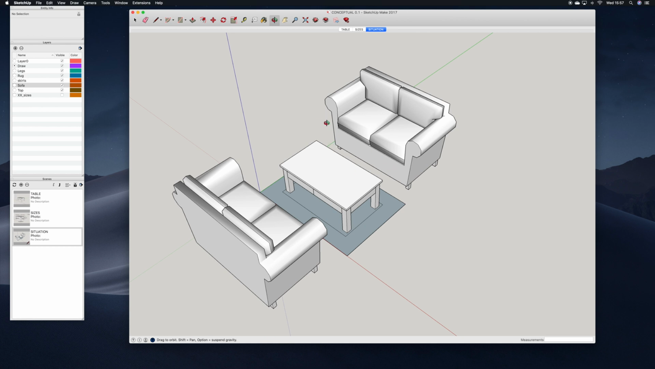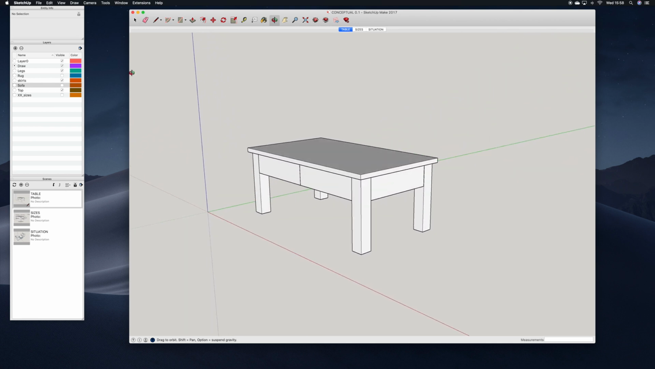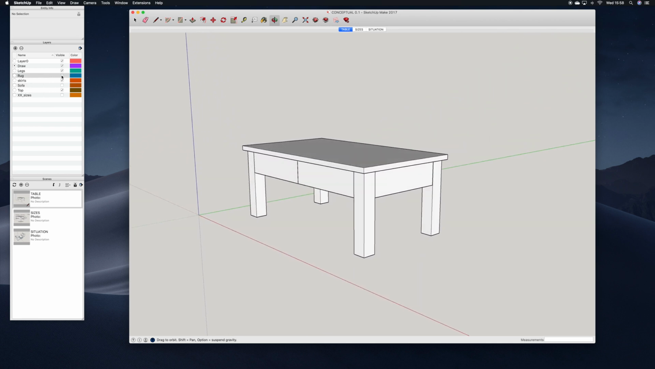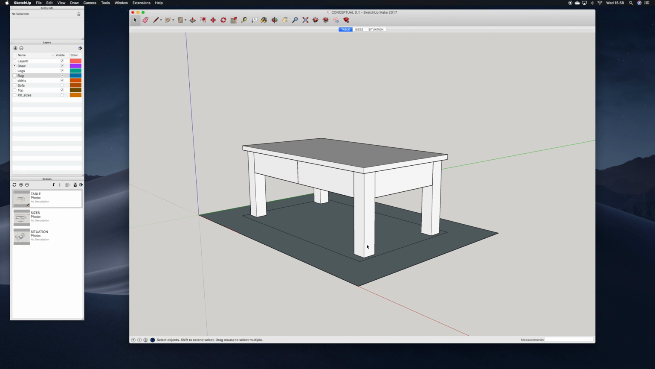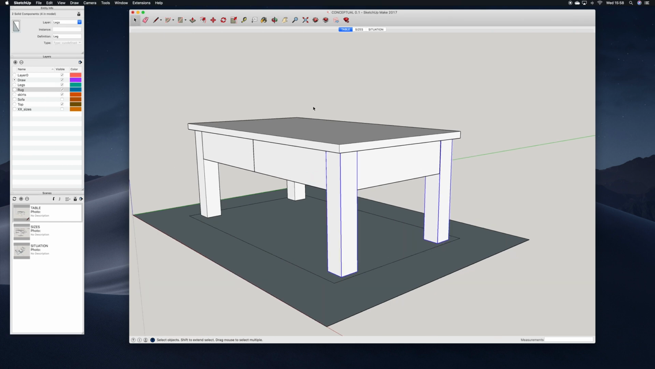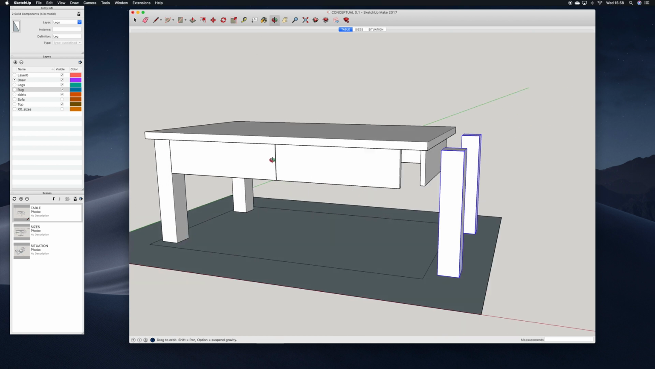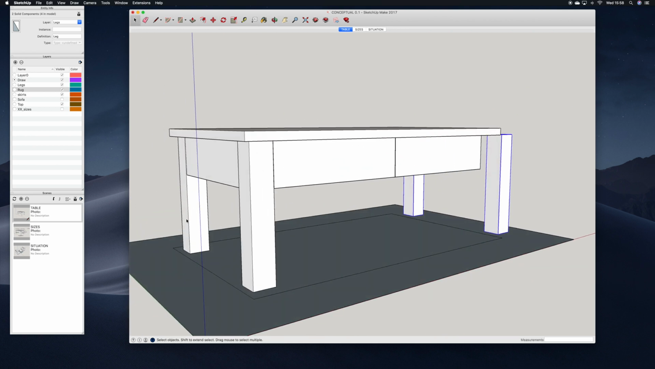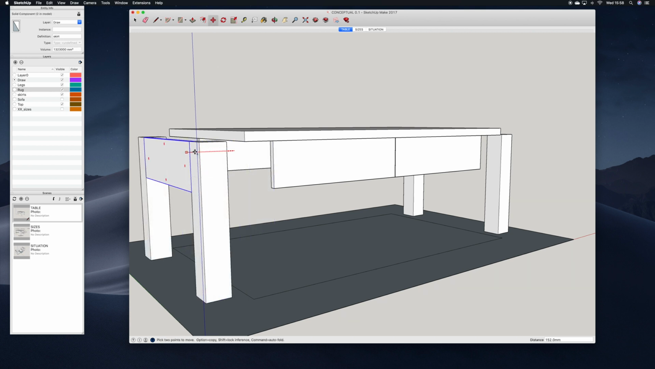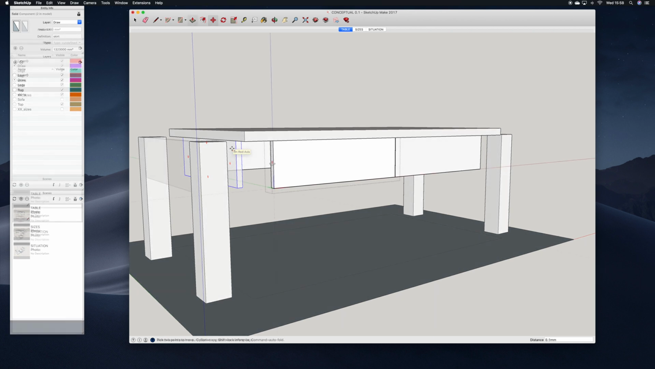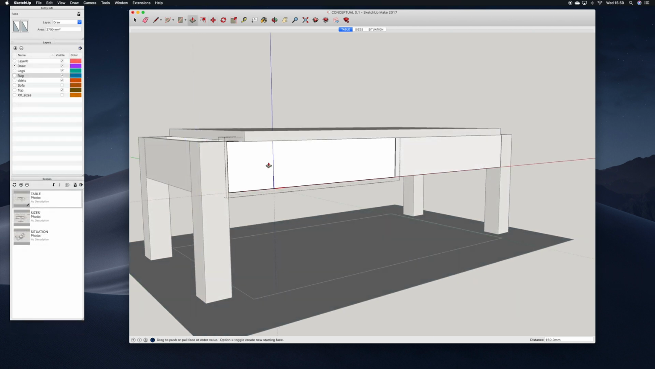So I can go back to my master diagram and I can bring my rug back in, and let's select both legs, and we're going to move these legs out by, let's call it 150. And then I can come around to this side and I can select both these legs and we can move these legs out by 150 as well. Now I can move this out by 150, make this longer by 150,